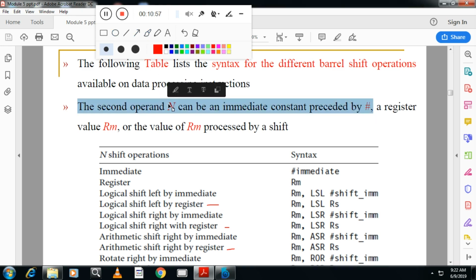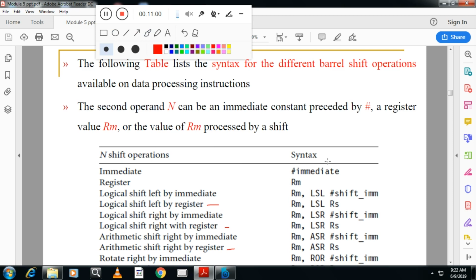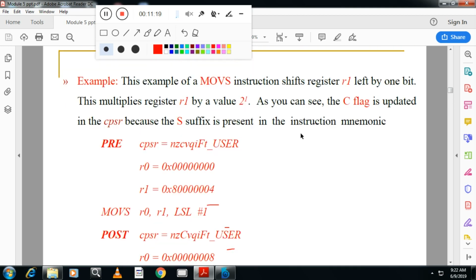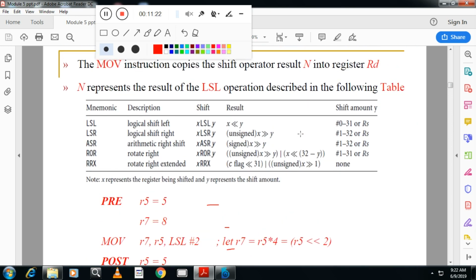So I told you the main table because for some students it is not possible to remember all this syntax. Better you remember these operations and try to explain each operation with an example. Example you can remember, syntax is somewhat difficult to remember, even though you have to know the syntax properly. So here you see, as I said in the previous example, these are the operations with our barrel shifter. This table you can extend further.